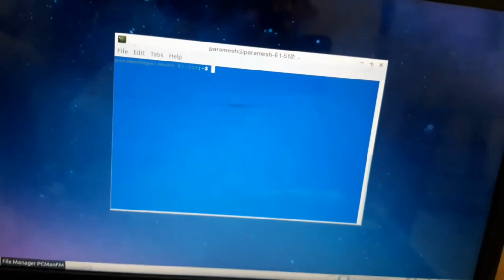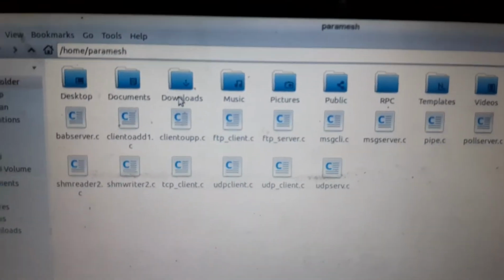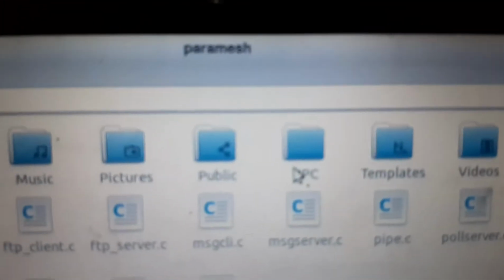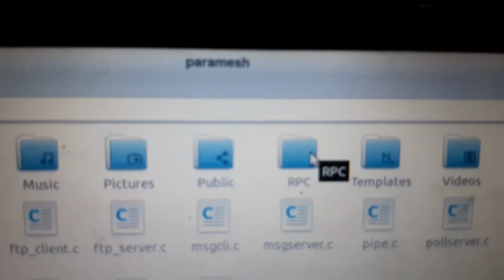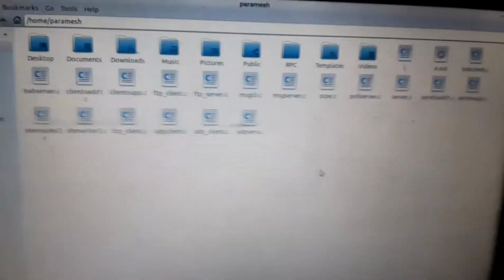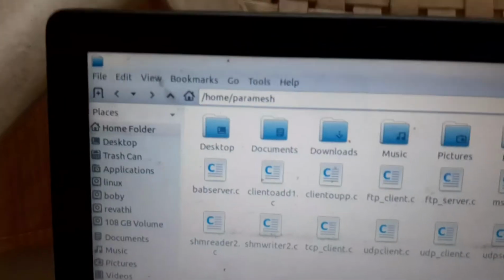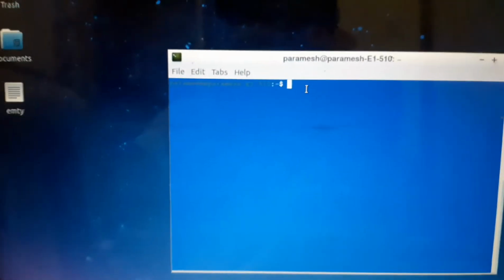Before executing, we have to make a folder like this, RPC, in the home directory, and after creating the folder, we have to enter into it through the terminal.